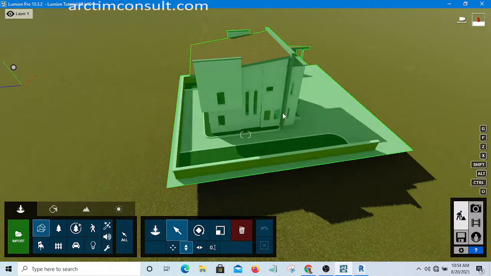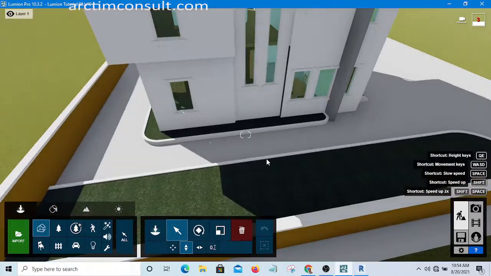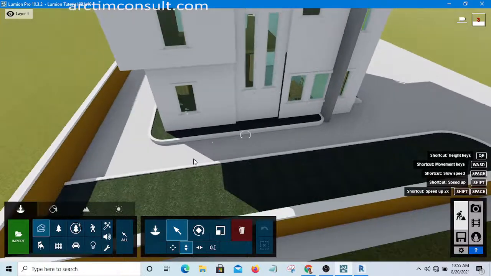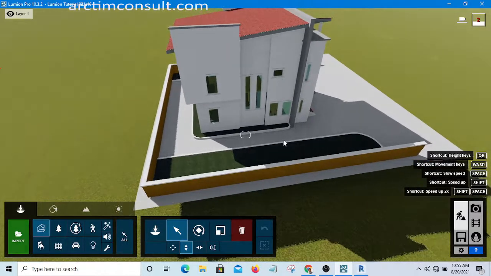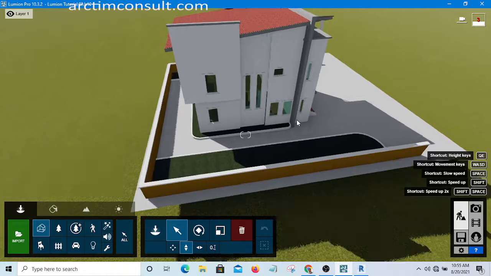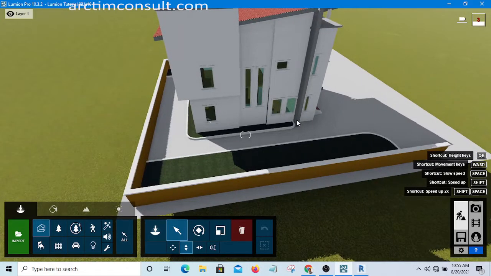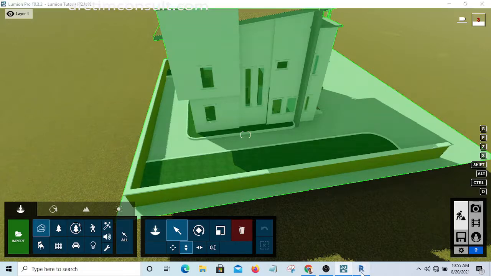The next thing that we may want to do is to apply materials. Now, one thing that you will note here is that it depends on the modeling software you are using. If you are using Revit, these materials are based on the materials you selected in